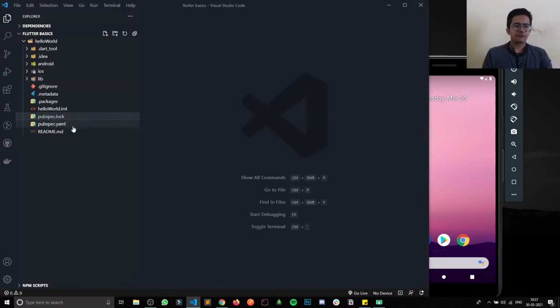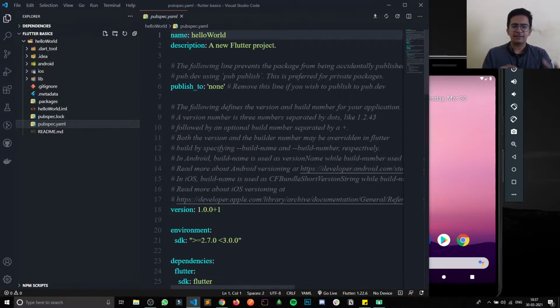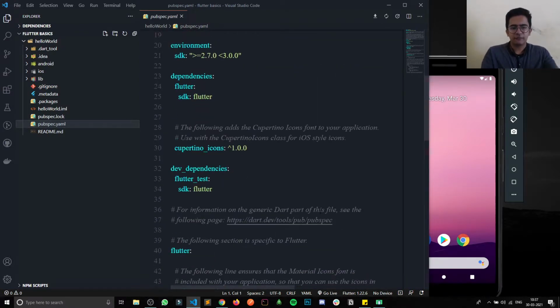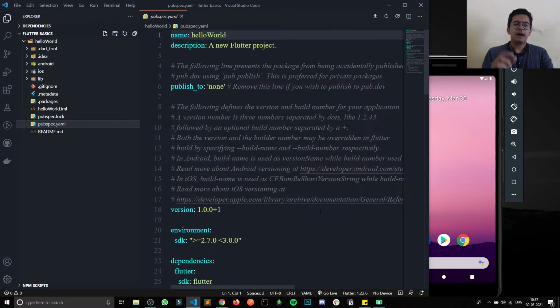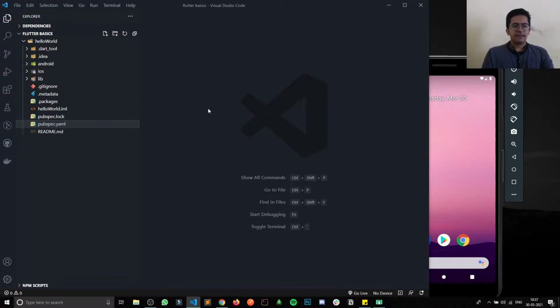After that, pubspec.yaml. This is the place where we will mention some of the fonts or images, but not as of now. So you can just mark pubspec.yaml, iOS, Android and lib. These four are the important files in this whole project. Okay, so that is it.